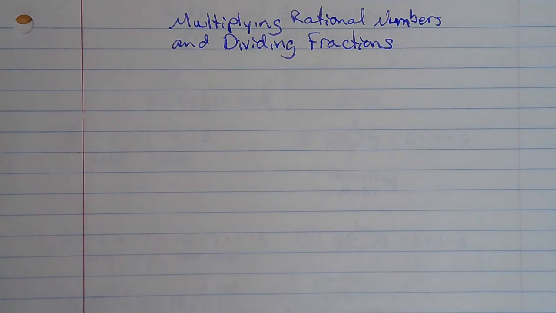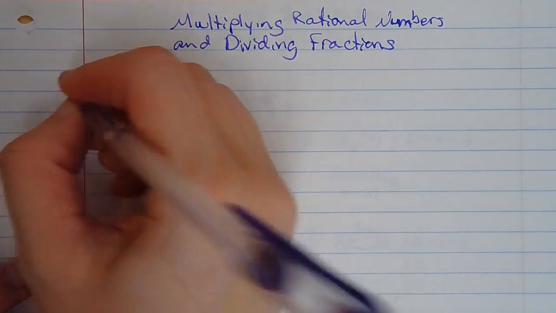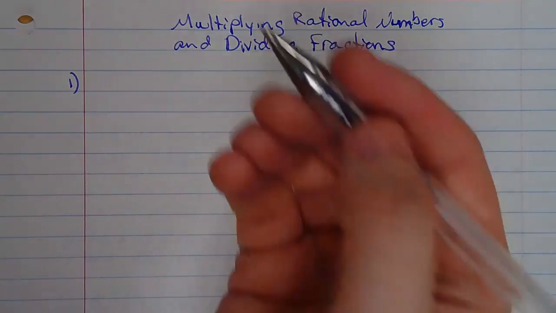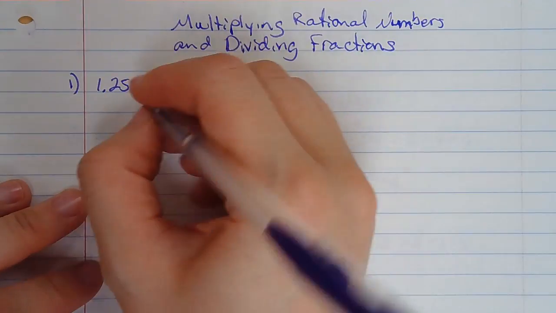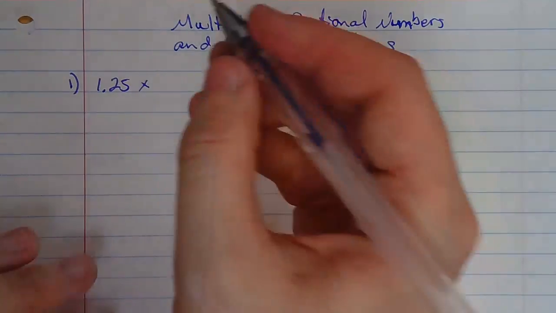Welcome, students. In this video, we're going to look at multiplying rational numbers and also dividing fractions because it is very similar to multiplying fractions. Let's start out first with multiplying some decimals. We're just going to do it the traditional way that you might have learned in elementary school